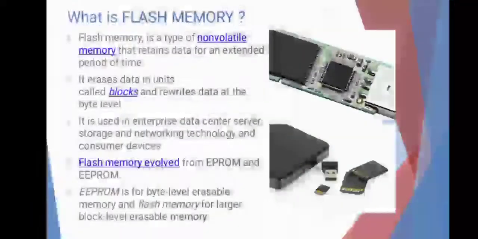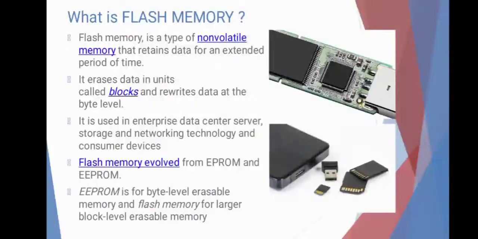Now we will see about flash memory. Flash memory is also known as flash storage and it is a type of non-volatile memory that erases data in units called blocks and it also rewrites the data at the byte level. Flash memory retains data for an extended period of time regardless of whether a flash equipped device is powered on or off. Flash memory is used in enterprise data center server, storage and networking technology as well as in a wide range of consumer devices including USB flash drives known as memory sticks, SD cards, mobile phones, digital cameras, tablets, computers